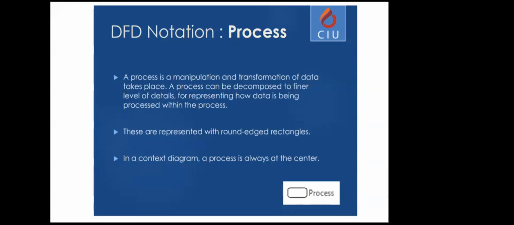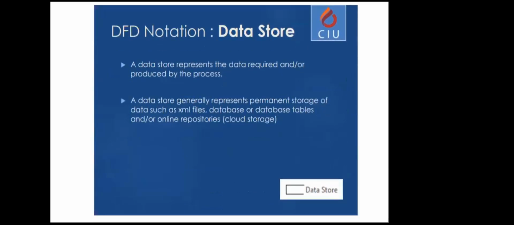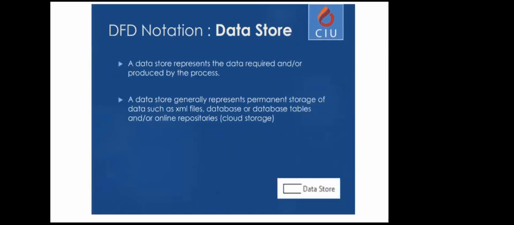If you have to draw more than 15 or 10, then you understand you have to go to a different level. Okay, that is how you can understand that you need to go to a different level. The data storage is where the data is stored. This used to be only files or database, but right now we have more data storage units, such as JSON files, such as XML files. They are all data storage units. Any kind of repository, Daniel mentioned cloud computing, those are now on the rise, as he said, and they can be the data store.